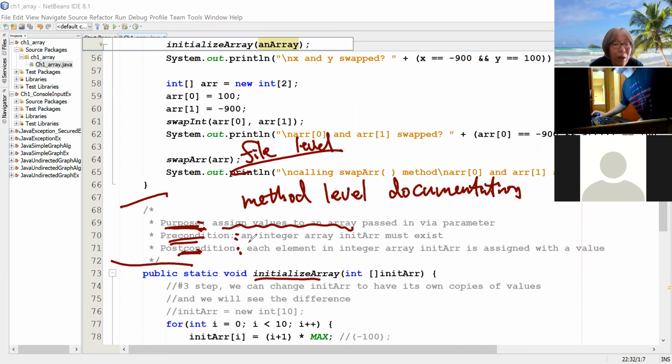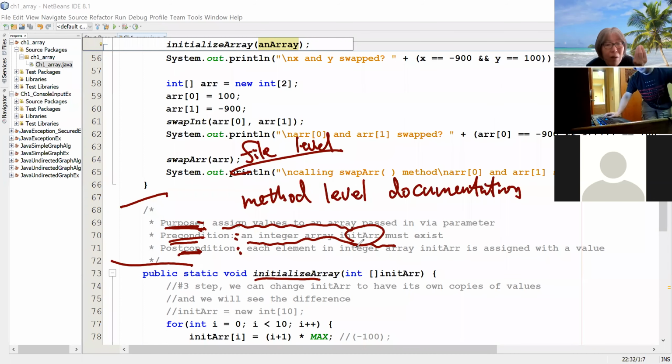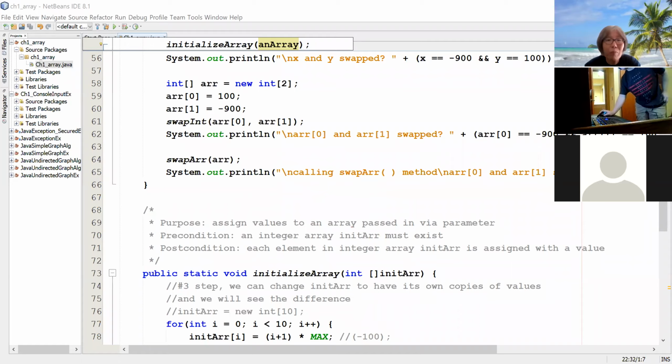Precondition is, in this case, that this array must exist. The postcondition is what is going to be returned or output after this method. So for every method, you need to provide these three: purpose, precondition, and postcondition. And then you can also have some inline documentation. Okay, so we didn't get a chance to